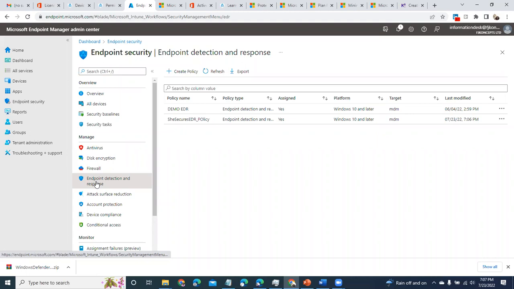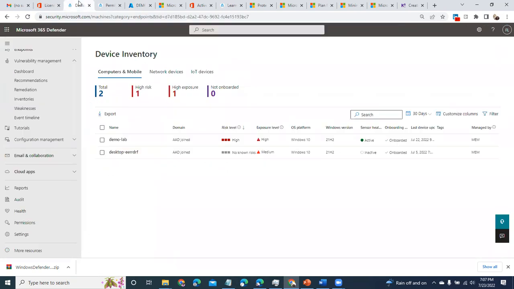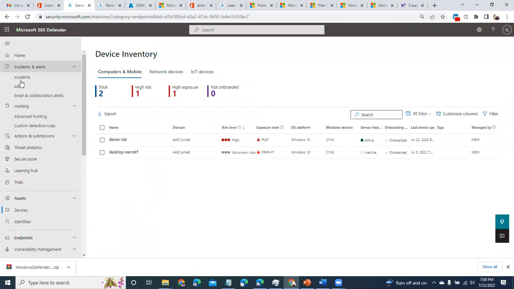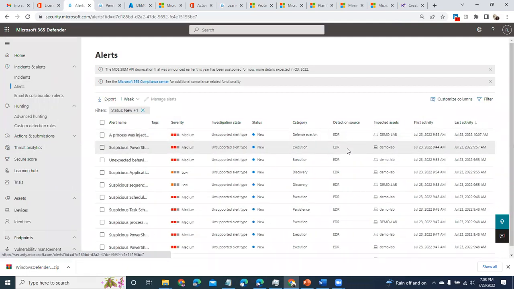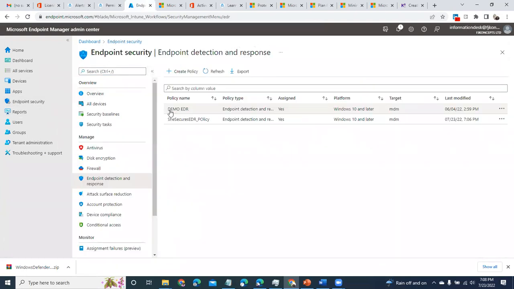The EDR sensor starts to pull out everything happening on that system and send it. This was just the policy I created. There's no big deal inside this policy I created, and that's all. And if you remember here, we're already getting detections and alerts telling you it was the EDR that was doing it. I didn't do anything different. That's all. One policy after onboarding. Your EDR is activated and it's working.